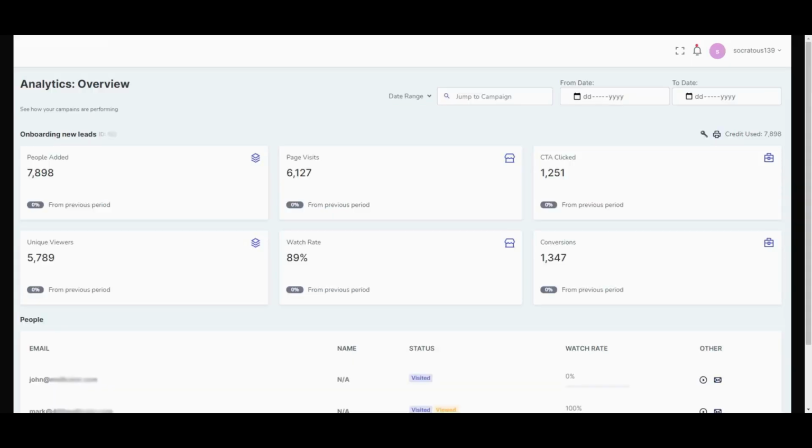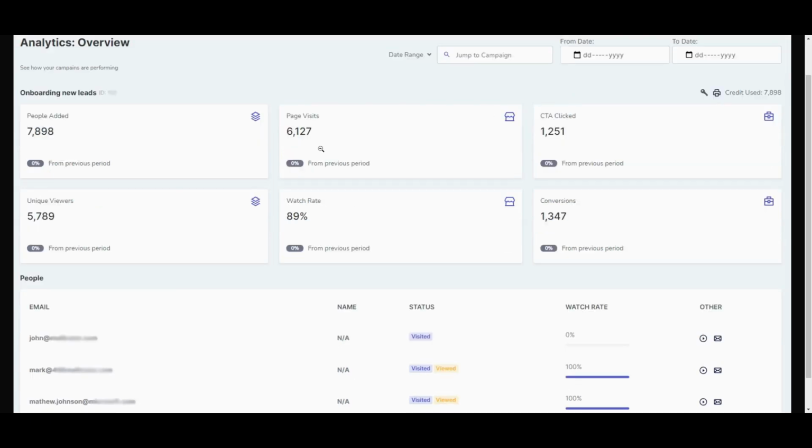Once you start and launch your campaign, you can view analytics, and you can check how many people were added into the campaign, how many visited your page, how many clicked, unique viewers, the watch rate of the entire campaign, conversion rate, and you can see even person by person, and even who visited and who viewed the video by tagging each